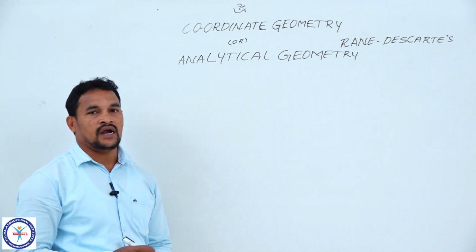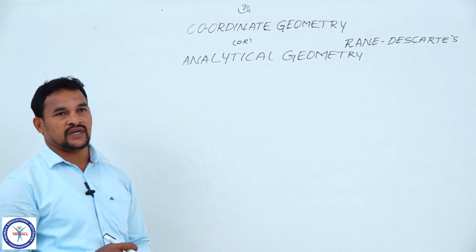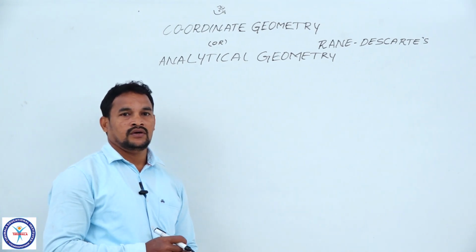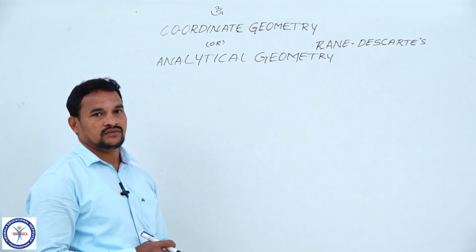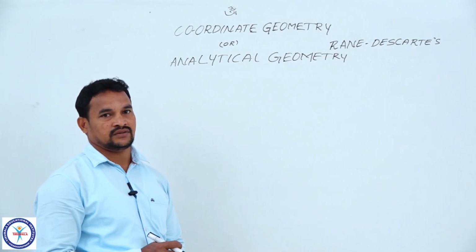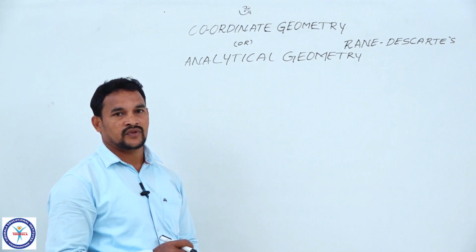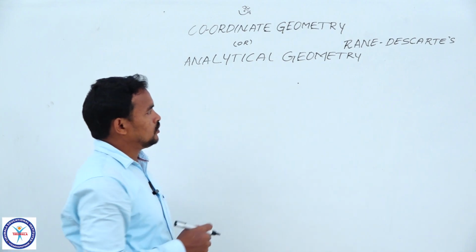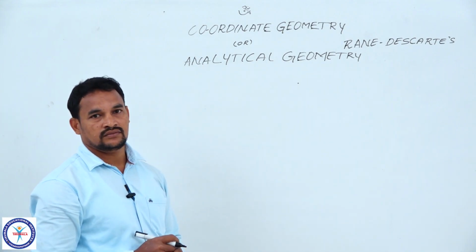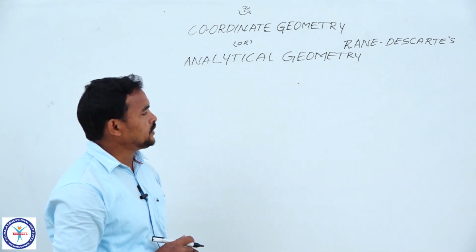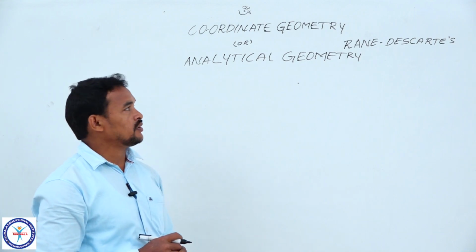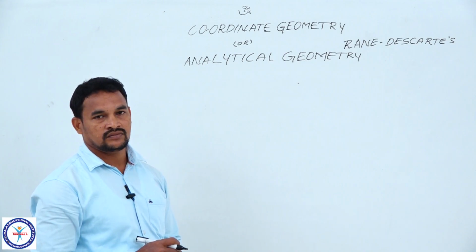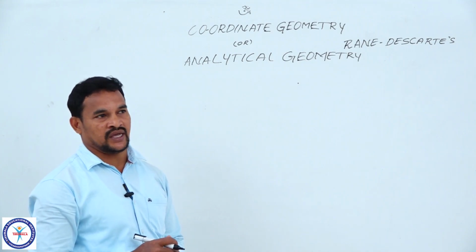In previous classes, we already learned some concepts of coordinate geometry. Today in my class, we are learning about the point. Generally, a point is nothing but a dot on a plane. It looks like this. Before this concept, the mathematician René Descartes took that point in algebra. In algebra, the point is called an ordered pair.